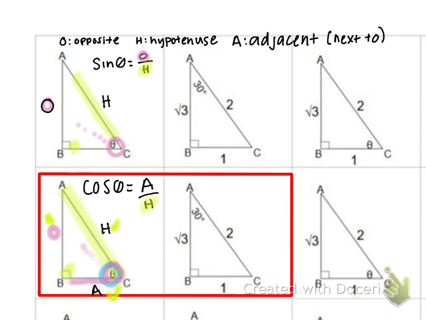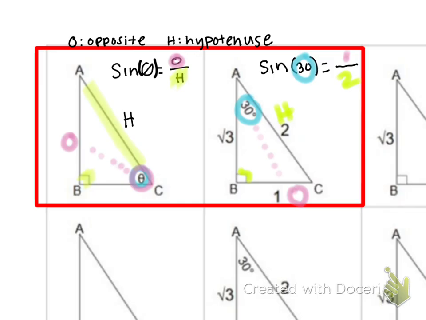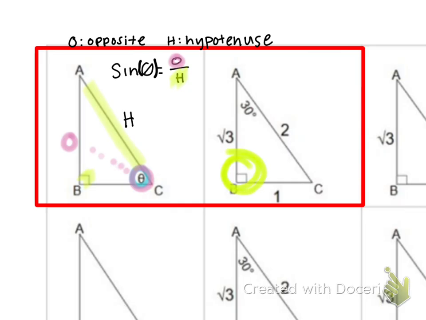Okay, now you're going to see for the next couple of examples, I just kind of want to show you how the setup is going to look for your questions. These next couple of examples are not very realistic to what you're going to get in your specific questions. But I did just want to show you how to do these setups before we get into actually solving. All right. Now, if I was looking at this picture, the first thing you do is always identify what angle you're working with. Now, I know these are right triangles, so you're going to have right angles. You're never going to be using that 90 degrees, okay? So the angles are going to be the other ones